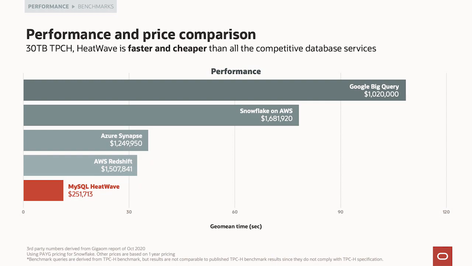Now, let's look at a collection of databases you're likely to choose from all together on one slide. MySQL HeatWave is by far faster and cheaper than Redshift, than Synapse, than Snowflake, than Google BigQuery. I mean, we've already compared ourselves multiple times to Redshift. You've seen that. Well, when we compare ourselves to Azure, what we find is Azure is a little bit worse than Redshift. Snowflake is a lot worse. Google is even more bad. Even Google BigQuery is terrible. MySQL HeatWave has by far the best price performance of any of these competitors. We're faster and we're cheaper.